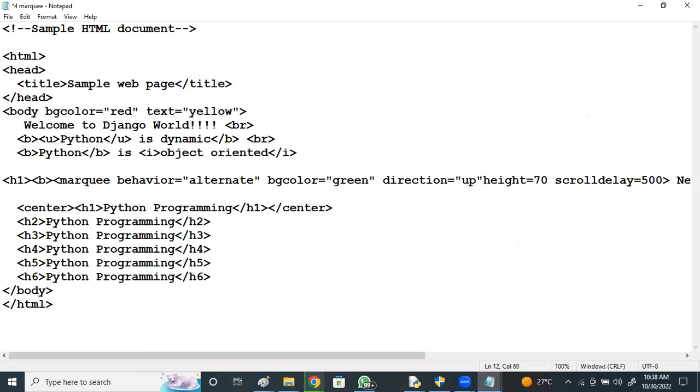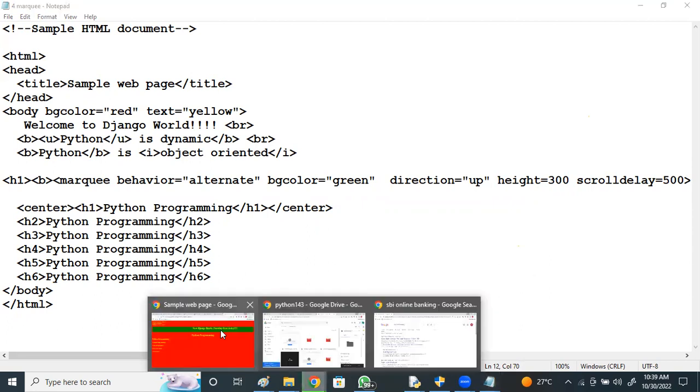Make the height 200, alternate, yes. Make it 300 height. Check it now. Direction up I have given, height is 300, behavior is alternate, right?